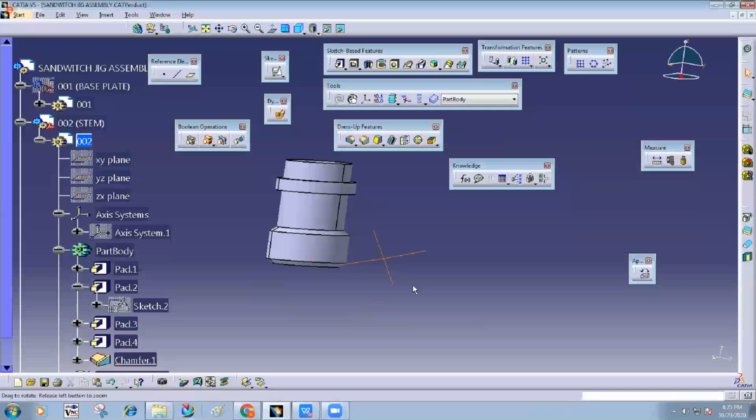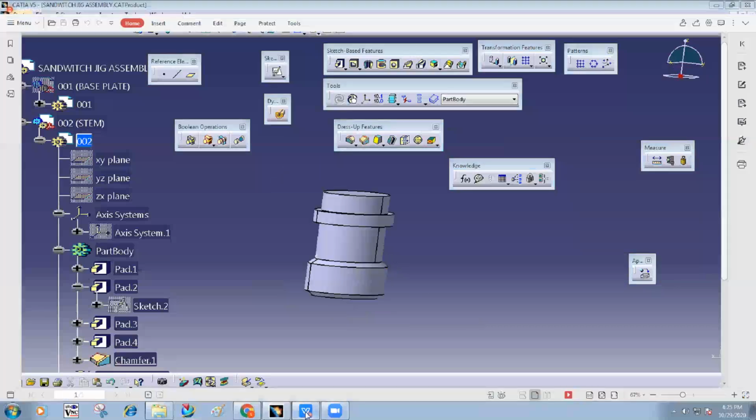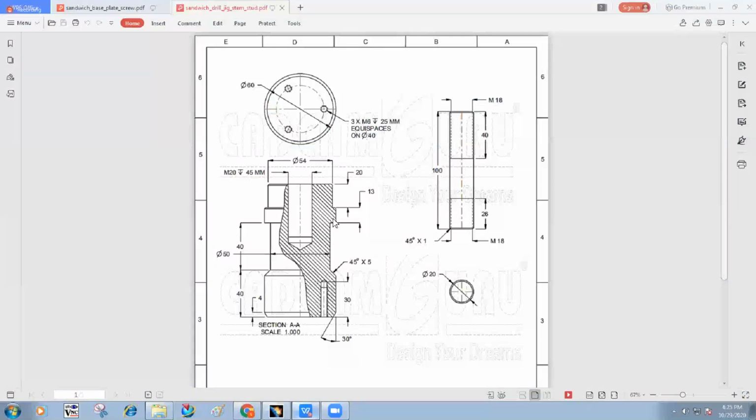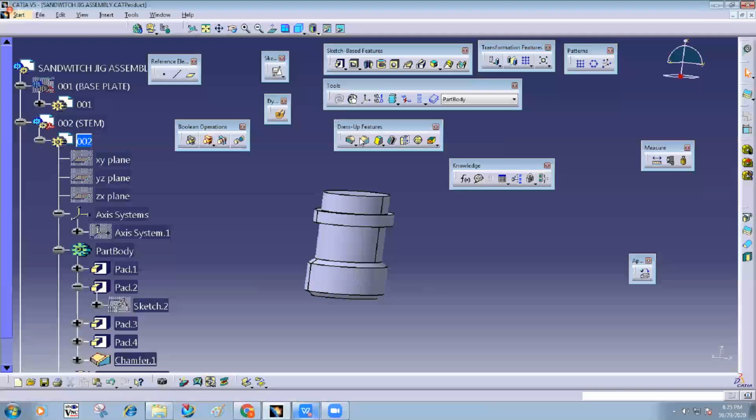Okay. After that, there is again a chamfer over here, but it is not mentioned. Let us assume it is 1.